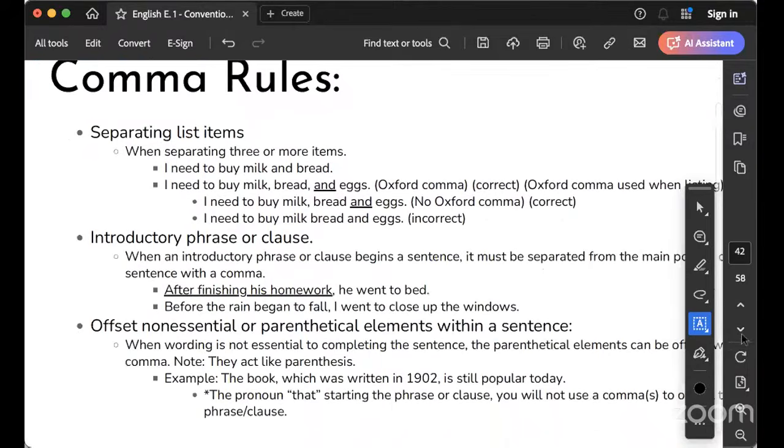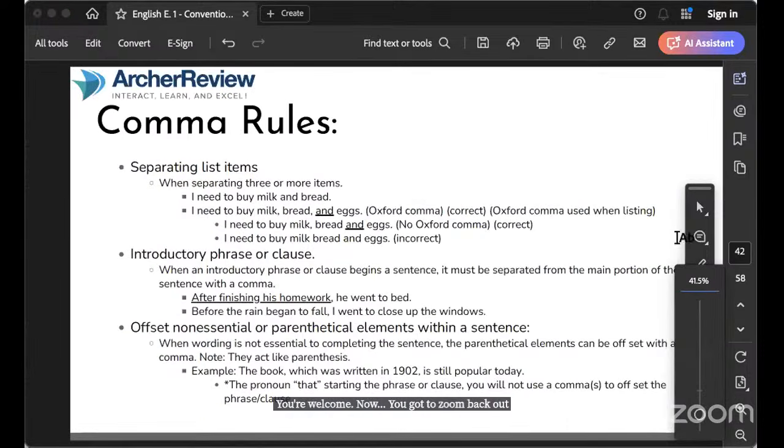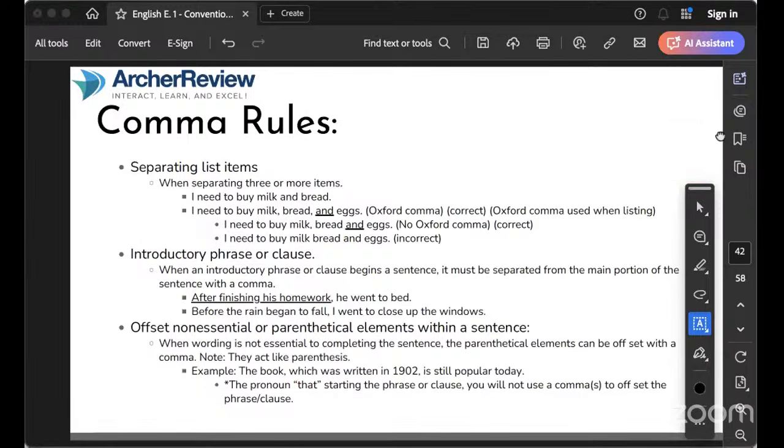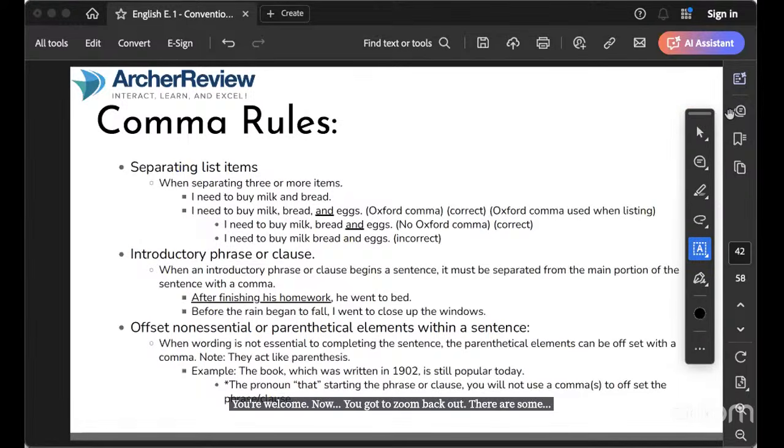Now, I've got to zoom back out. There are some comma rules that you might want to refresh on. So if you found that you were tripped up on some of those questions, I've added this slide here for you. I know this is mean, but I wanted to do it after, so that way you could see which ones were tripping you up. So this is just to help you now with some of the stuff that may have been problematic for you on the previous slide with those questions.